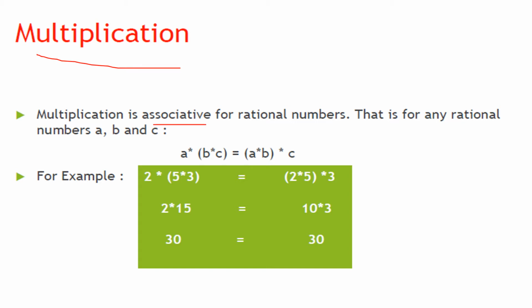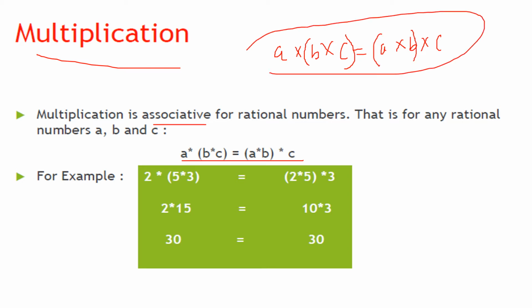Now let's see, for multiplication also it is associative. These properties I have discussed already in the last class. You can see the first lecture. Still, it is associative. Again, the position of the bracket is not changing anything. This time they are getting multiplied. So a into b into c is equal to a into b into c. If I put the bracket on the second and last, and in the second case on the first and second, still the answer will remain the same. No change will be there. You can see the example and understand.